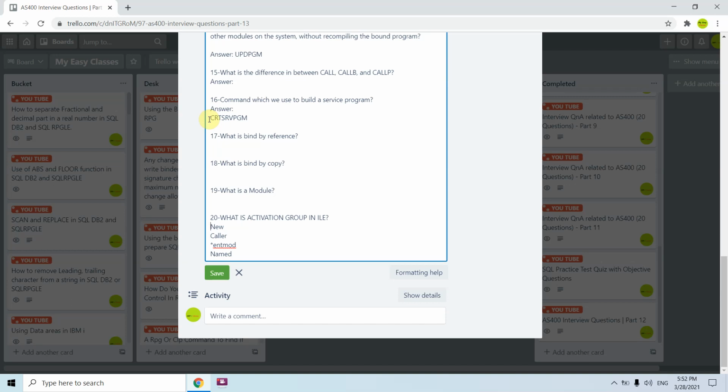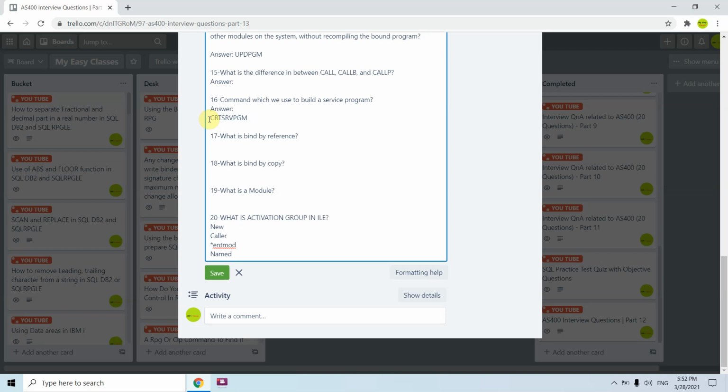So there is an overhead to delete that named activation group ourselves. But in the case of a new activation group, we don't need to keep track of anything, because the OS itself creates the activation group and deletes it. Using the CRTACTGRP command, we can create that activation group.